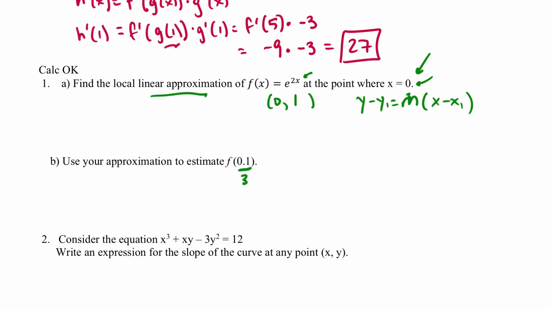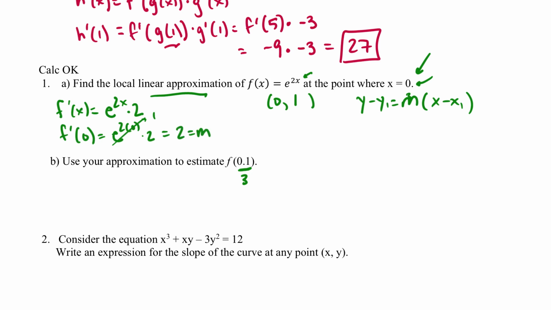All right, so now I need to locally linearize this, which means I've got my point and I need my slope. So f prime of x gives me my slope, and the derivative of this is just going to be e to the 2x times 2 with the chain rule, and I need this to be at the point where x is 0, so I need f prime of 0. This will be e to the 2 times 0 times 2. Well, this is going to be e to the 0, which is 1, so I will get a slope of